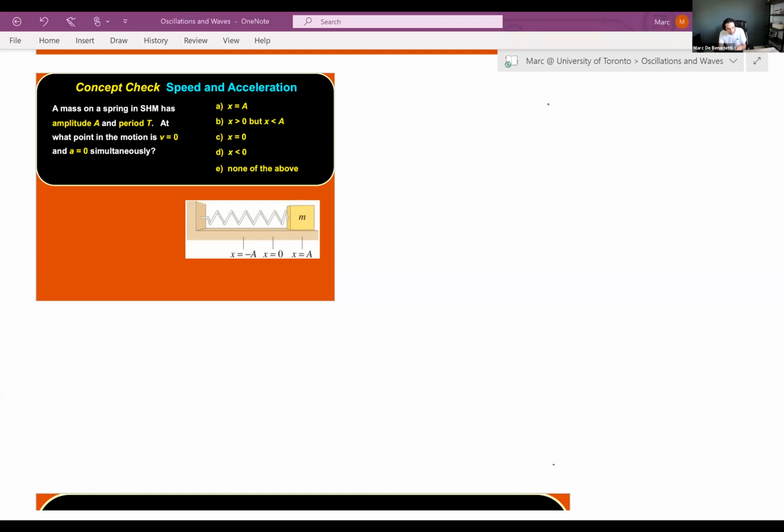So we want the speed to be 0 and the acceleration to be 0. Well, C lists the answer x equals 0. At x equals 0, though, that's going to be where the maximum speed occurs. That's where all of the potential energy is transformed into kinetic energy. If we scroll up just a little bit,